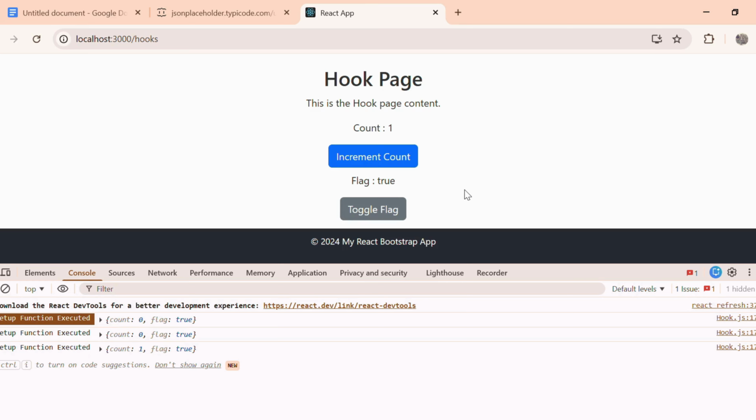And now we are clicking the toggle flag and making the flag state change. Then we will see what happens. So I am toggling flag, it is false, but it hasn't logged or executed the setup function. You can clearly see again increment count is getting 1, then you can see that the setup function executed and